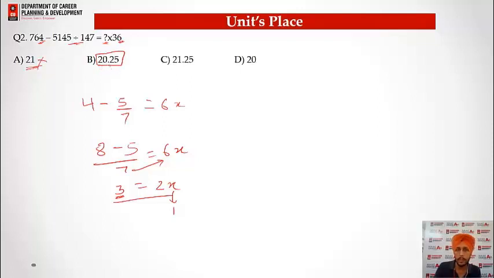Guys, please take this option carefully. We cannot ignore the decimal in the units place. When we are having a decimal, how will we remove it? Can I say 20.25 is 20 and 1 by 4? So this is our mixed fraction, 20 and 1 by 4, or we can write it as 81 by 4. So we will write 81 by 4 in place of x.